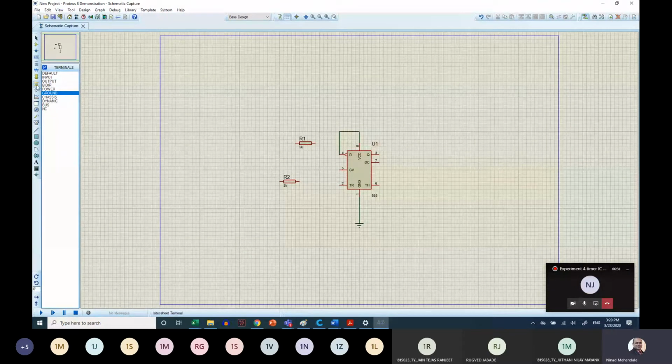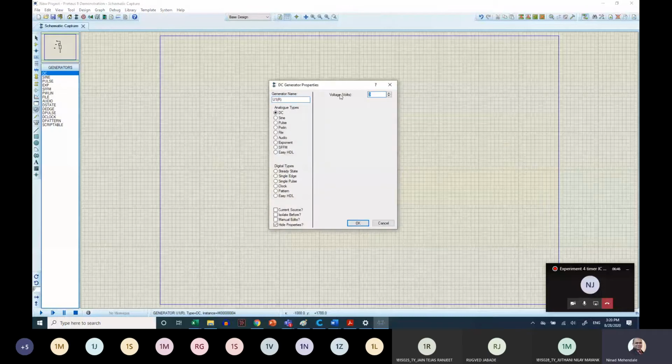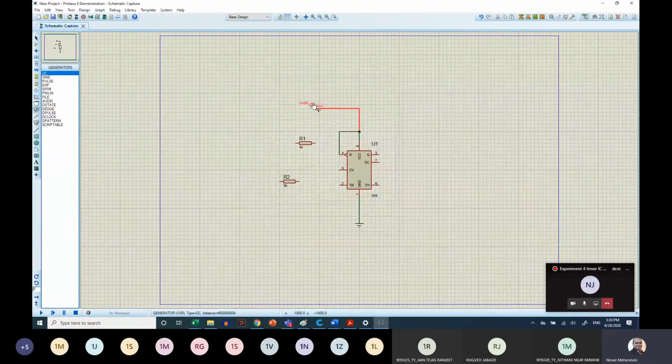Now, typical VCC for this IC, this is a general mistake that students do. You have to click on the DC source, place it, and then you connect. That much you do, but you forgot to change the voltage. So you have to double click on this and change this to 5 volt. Then only your output will come. So this is the supply voltage we give from pin number 4 and 8.